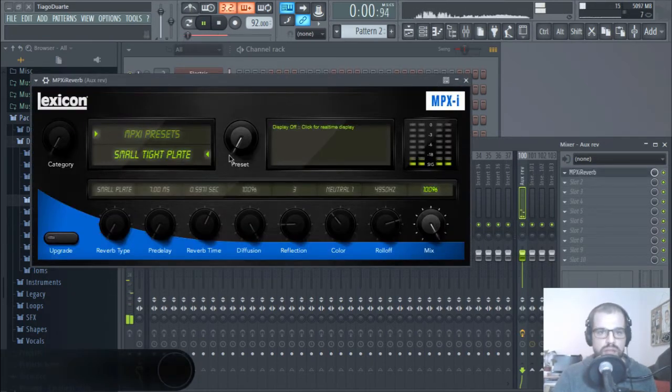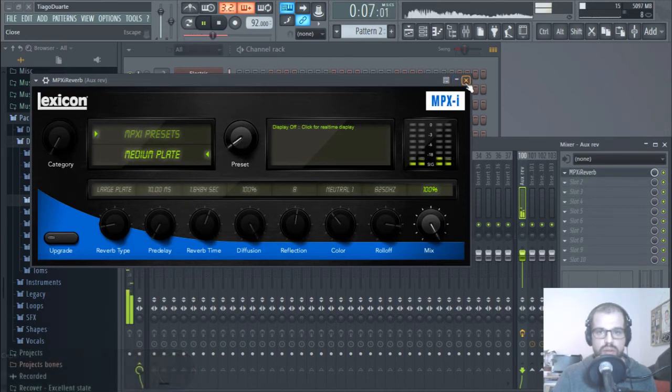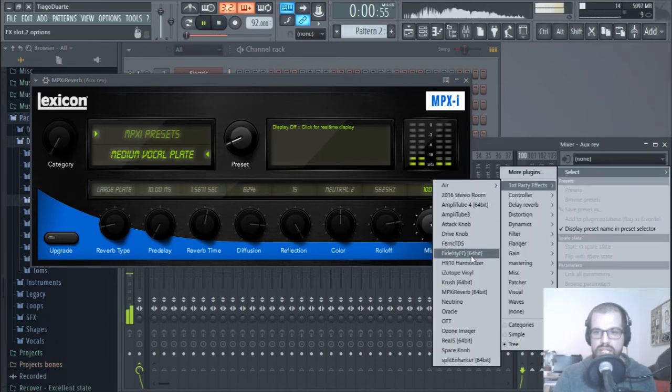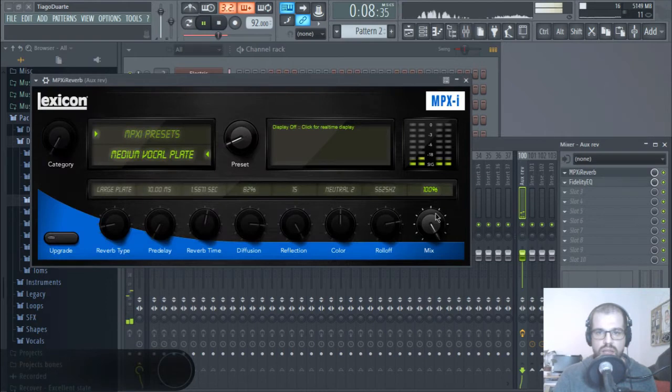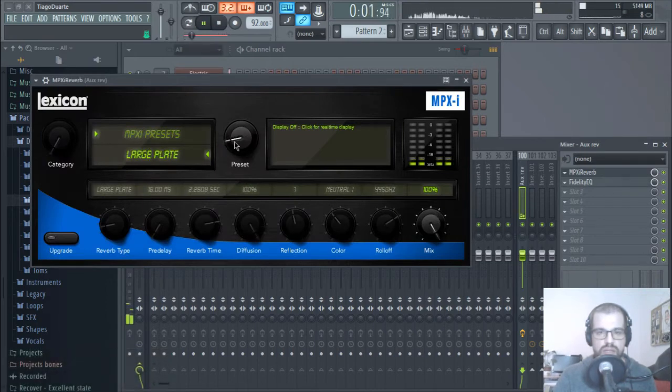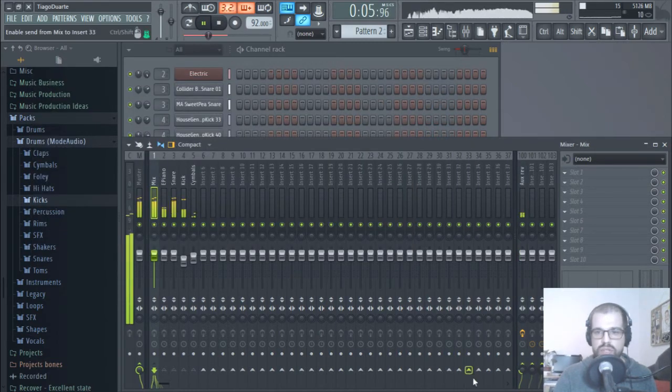Okay, so let's add a little bit of high pass filter with Fidelity EQ. I don't like the delay on this one. Okay, I like this one